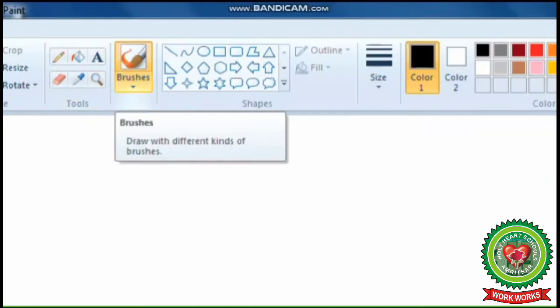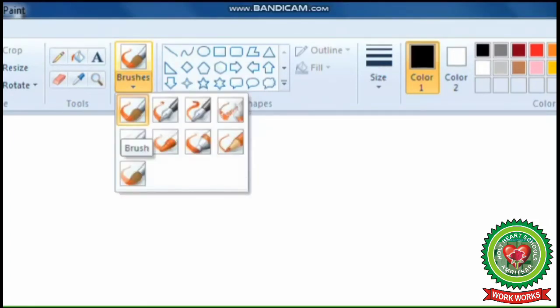Next to the tools group, brushes are there. So when you will click on the drop down arrow of the brushes, you will see different group of brushes are present. All these brushes are used to draw thick lines. Under the brush group, airbrush is present. Airbrush is used to spray colors in the drawing.